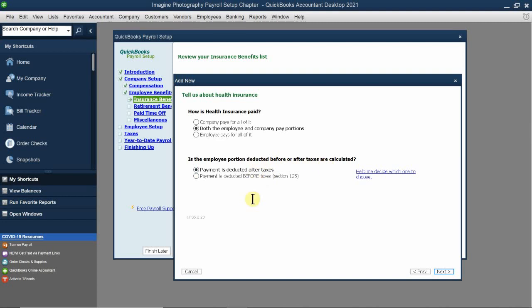Now in this case, this is also a decision that the company has to make. When are you going to actually be taking the medical insurance away? Oftentimes, this is usually taken after the taxes, right? It's an extra payment that is taken away from an employee's paycheck. In some circumstances, yes, it can happen before, when you get your federal and state taxes, right? But that's very, very unlikely because again, if you're